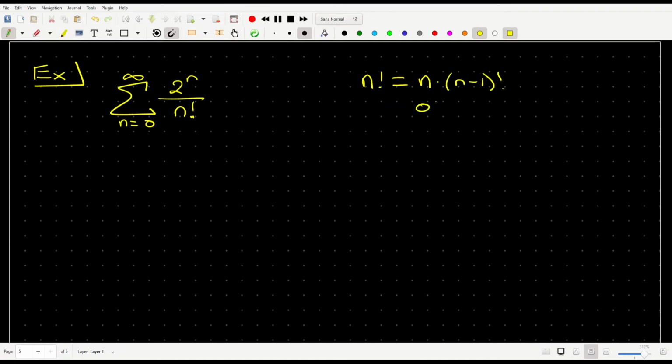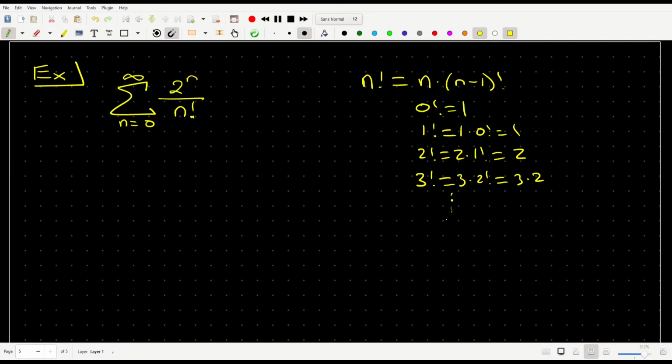This means that 1 factorial is going to be equal to 1 times 0 factorial, which is equal to 1. 2 factorial is going to be equal to 2 times 1 factorial, which is 2. 3 factorial is going to be equal to 3 times 2 factorial, which is 3 times 2. And so on and so forth, all the way down to n factorial being equal to n times n minus 1 factorial,